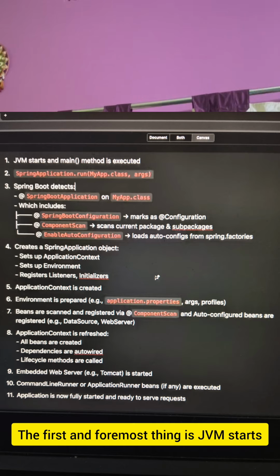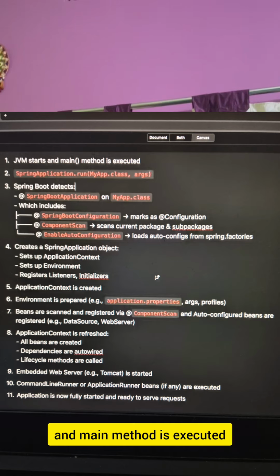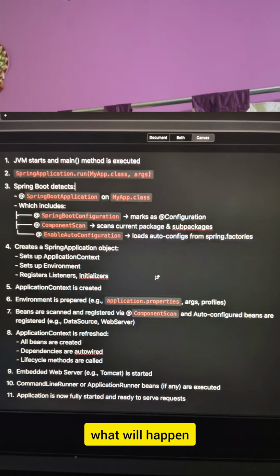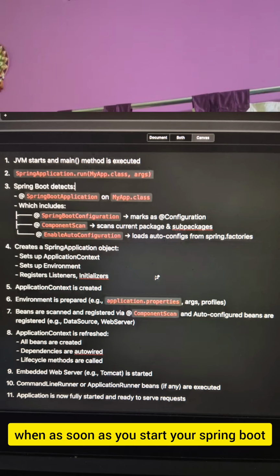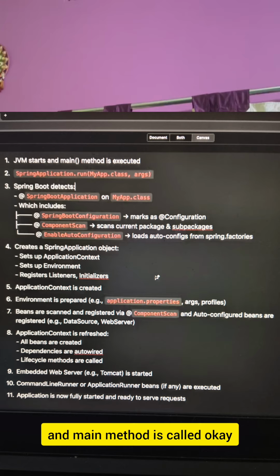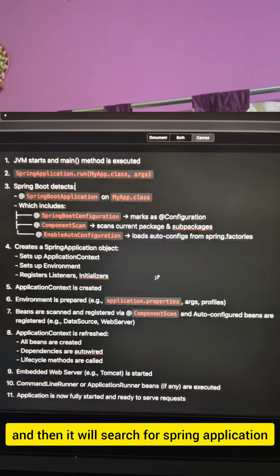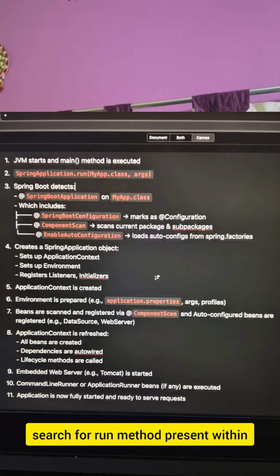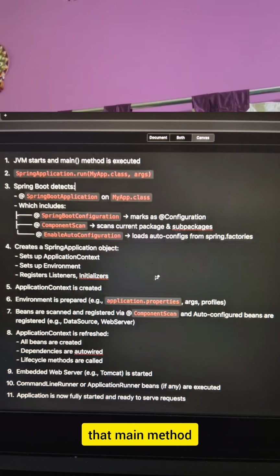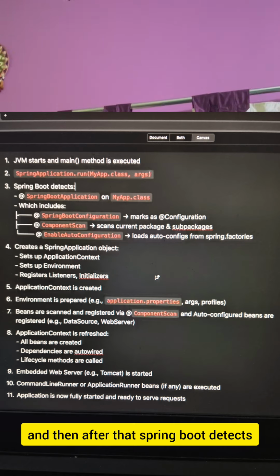The first and foremost thing is JVM starts and main method is executed. As soon as you start your Spring Boot application, JVM starts and main method is called, okay, and then it will search for SpringApplication.run method. So there will be a run method in the main method. As you all know, JVM starts from main method, right? So it will search for the run method present within that main method,